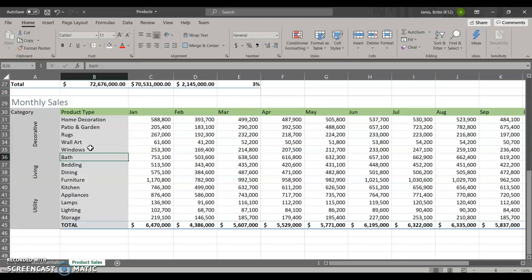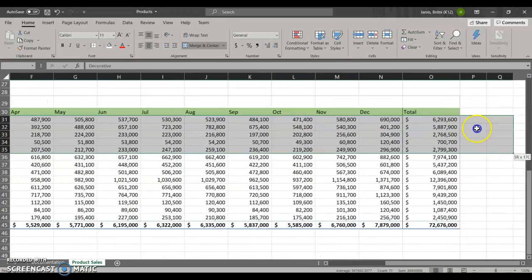So we're going to be able to do this all together with one click, as long as we highlight everything that we want to add the thick outside border to. So the first set of cells that we're going to add the thick outside border to is going to be A31 through O35. So I'm going to go to A31 to O35. So I'm going to go all the way over to O35, and I'm going to